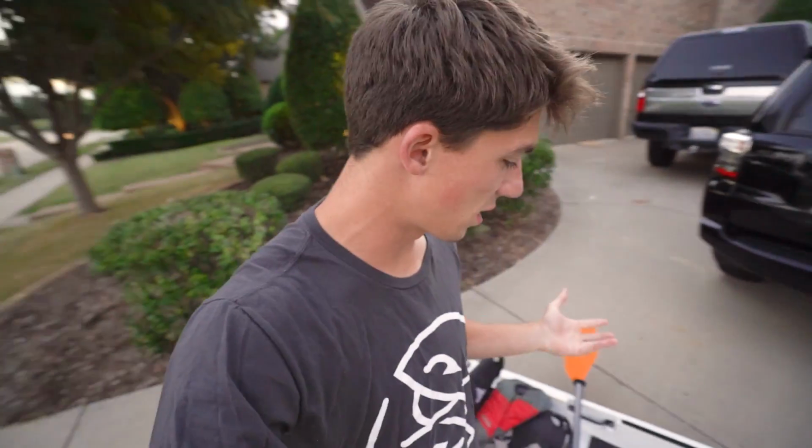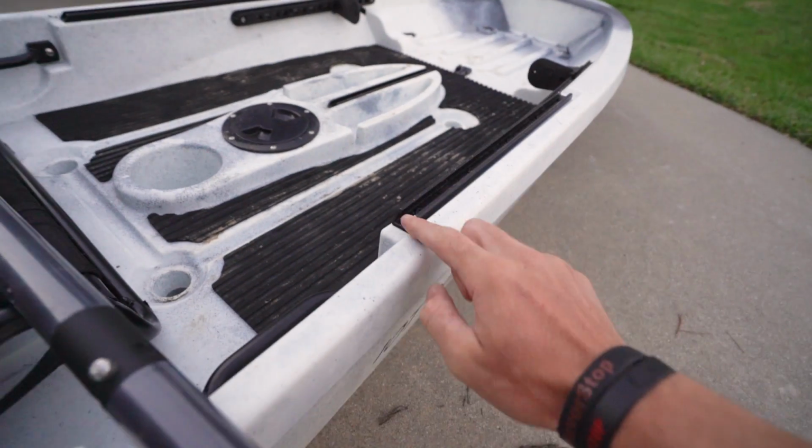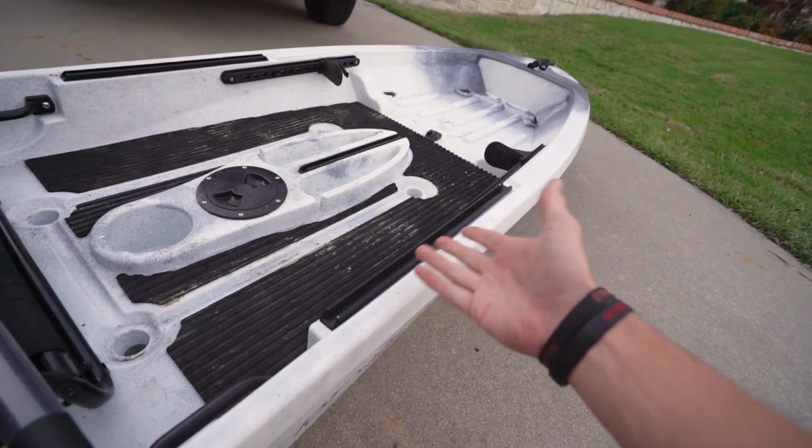I think it's kind of unnecessary, but it is kind of nice. It's comfortable, especially if I've got my shoes off or whatever. But what I really want to pay attention to is it's got these accessory rails too, which a lot of kayaks don't have. So I can mount a bunch of different things on here. Fish finder, rod holders. I don't even know what I really put on these yet, but I guess I'll get to that here in